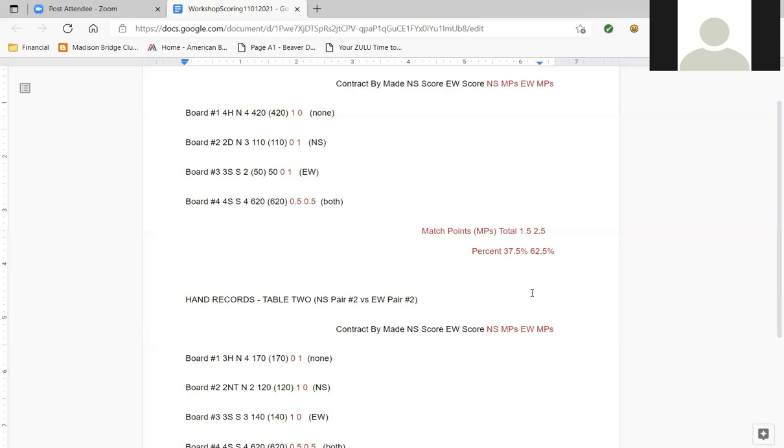So there's a factoring thing you have to do that makes it even more complicated. So when you get your final printout at the club and it shows you the match points you've won and the percentages, and you get fractions, it's because the computer had to do some factoring in order to make the scores on the different boards equivalent. Okay. But yeah, that's all done by the computer,